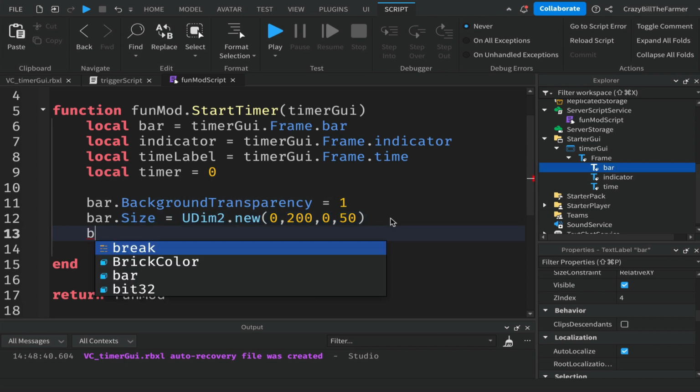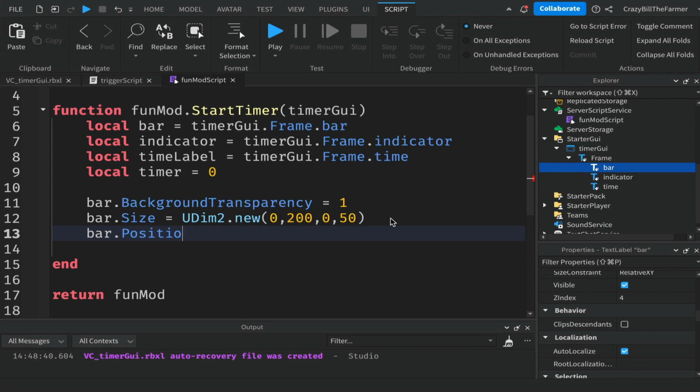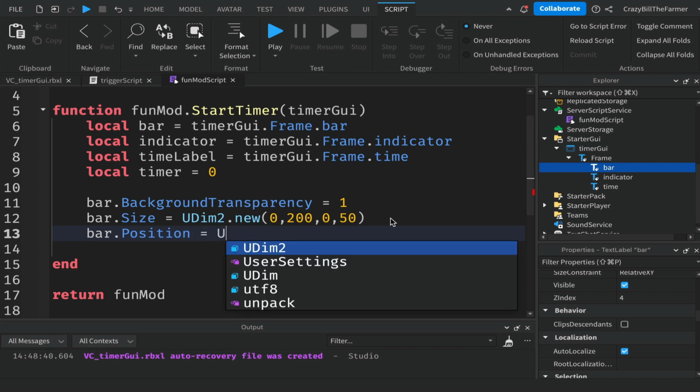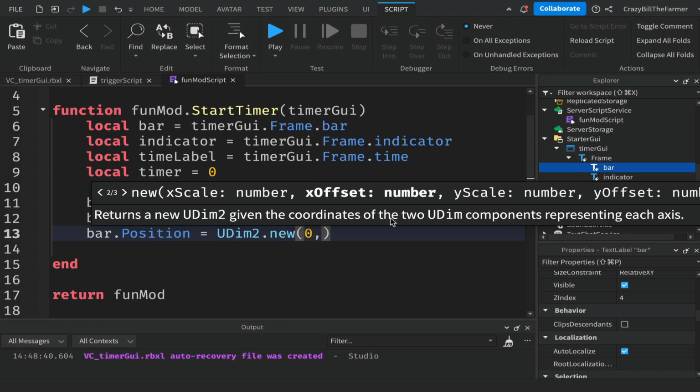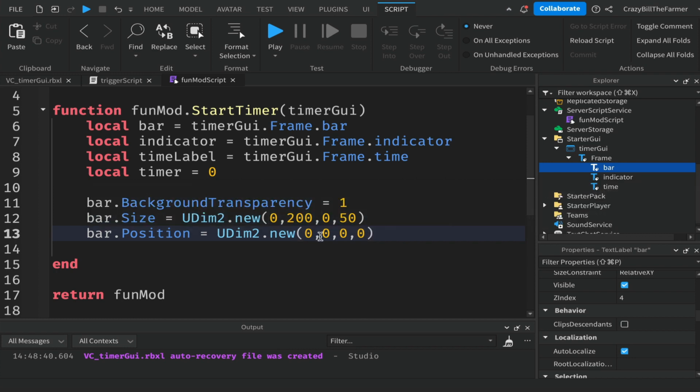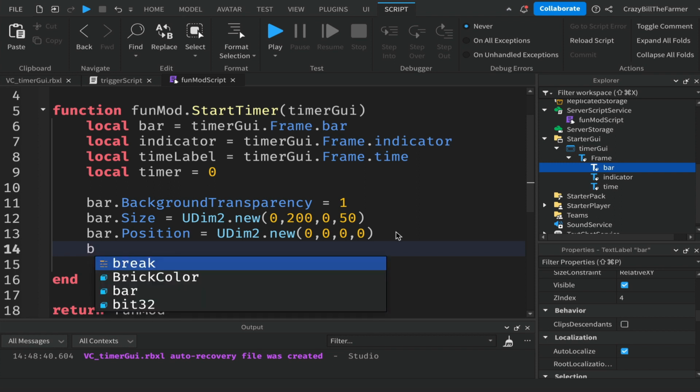Next, the bar dot position will equal udim2 dot new, and we're going to make this all zeros, but what this effectively does is position this in the middle of the frame. Now it's not exactly correct. We actually want to align it with the indicator down here. So we'll initially set its position to 0, 0, 0, 0, but then we're going to make the changes below here